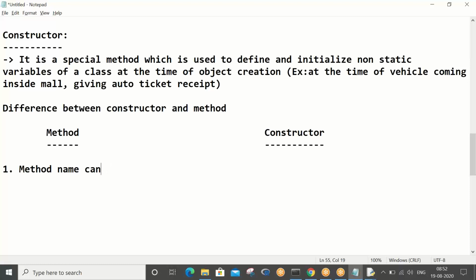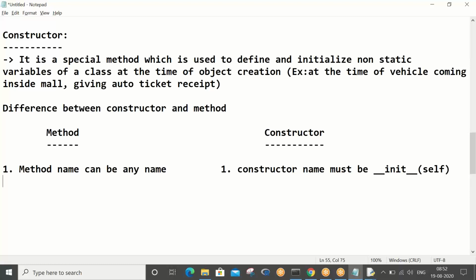Method name can be any name, but in terms of constructors in Python, the constructor name must be underscore underscore init underscore underscore self.